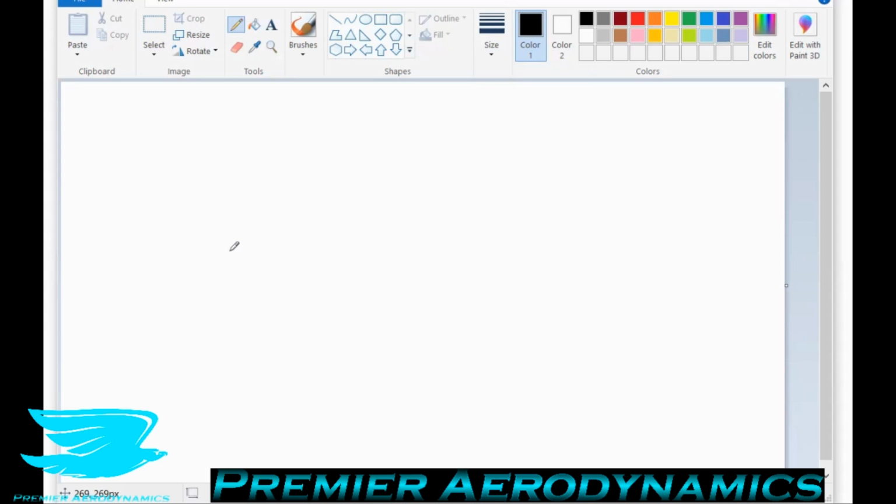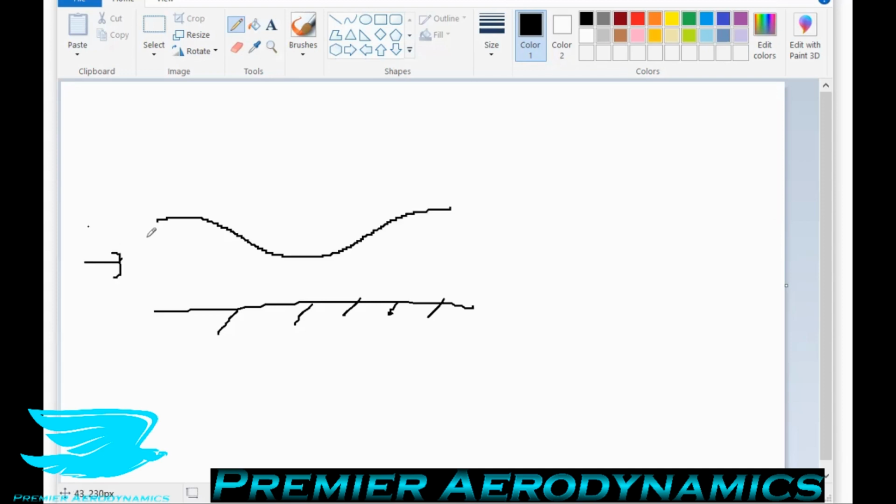converging diverging nozzle. So let's say we have, again, the ground, and then on top we have whatever object, and it can be anything really, as long as it just reduces in height to the ground and then goes back up. So what happens is you have the free stream velocity coming in, and as it comes into the area of the inlet, which has a very great cross-sectional area, it's at a certain velocity. Let's say it's, I don't know, 10 meters per second. Then as it travels through the